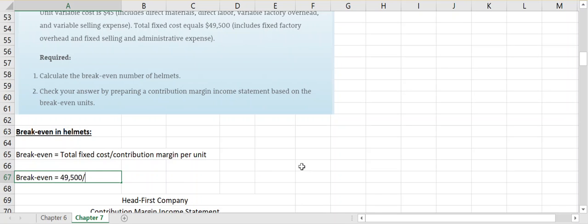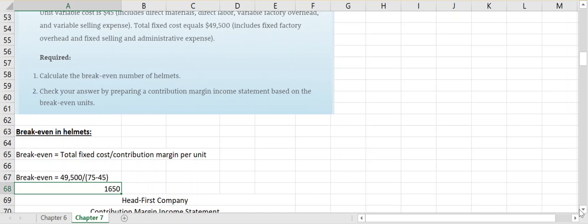So break-even point, total fixed cost, they told us here, is $49,500, and our contribution margin per unit. So when you're trying to find break-even point in units, you need your contribution margin in units. So contribution margin is your per unit selling price minus your per unit variable cost. So in this case, it would be $30. So our break-even point, $49,500 in total fixed cost, divided by that contribution margin per unit. That means we would have to sell 1,650 helmets just to break even,